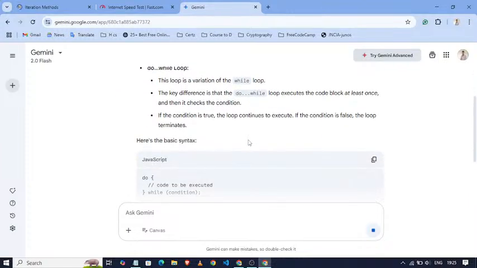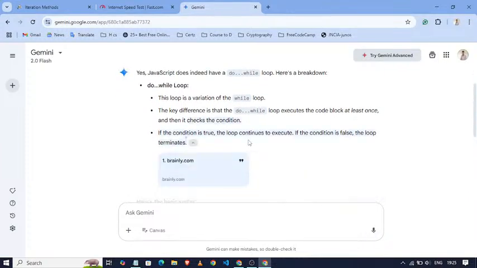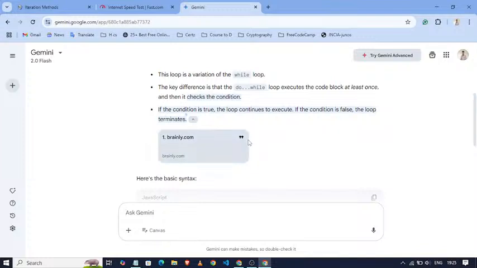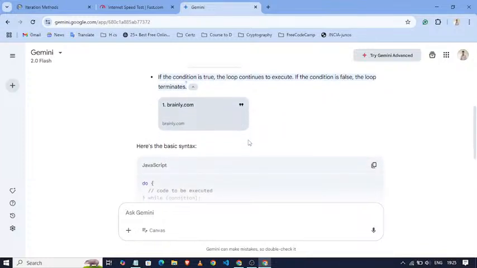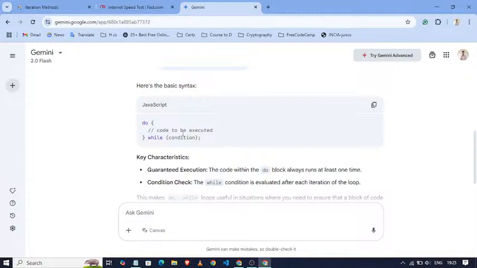Yes, there is a do while loop. I don't usually use these do while loops. They are not very common. So this is the basic syntax, and this is the code block that we are talking about. So how this works is like